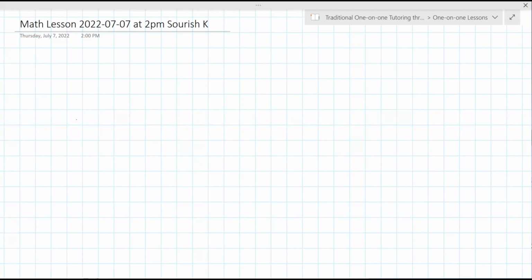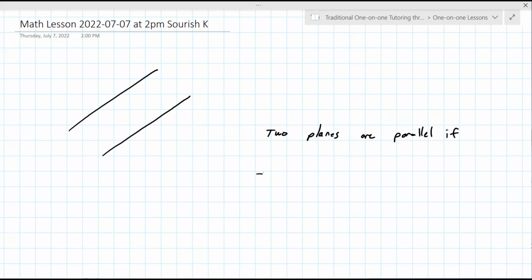So two lines are parallel. Two lines are parallel if, and this is one of those fill in the blank questions that you would see, if, and then the answer is same slope. Now you can put some more words around it, but they have to have the same slope. And if you remember,